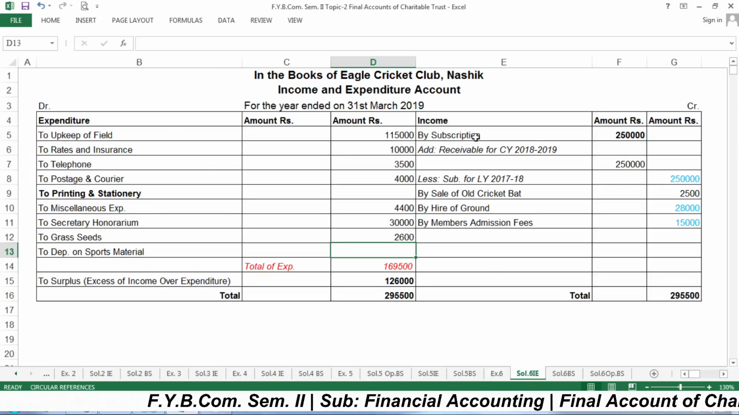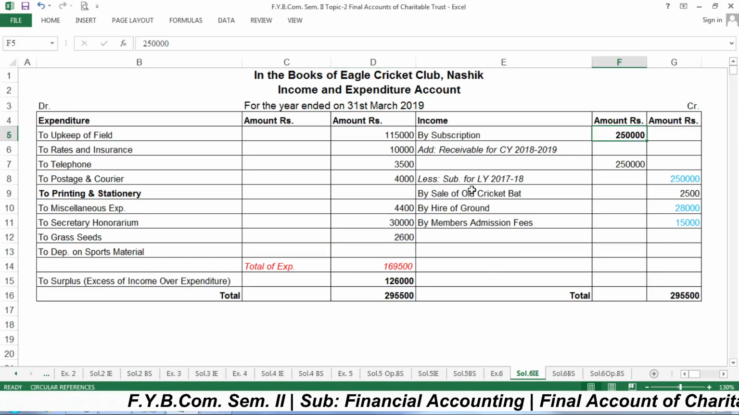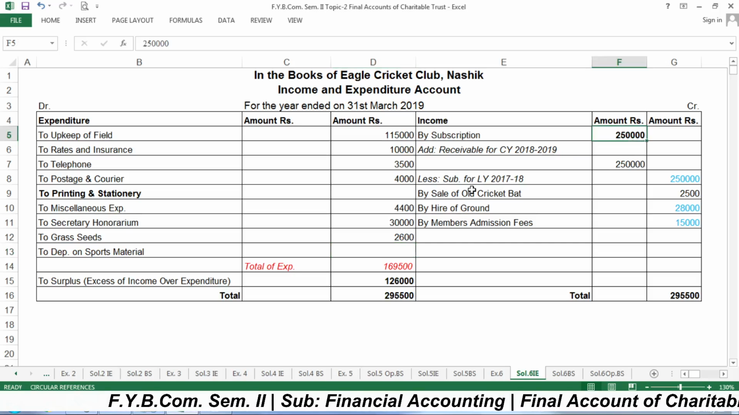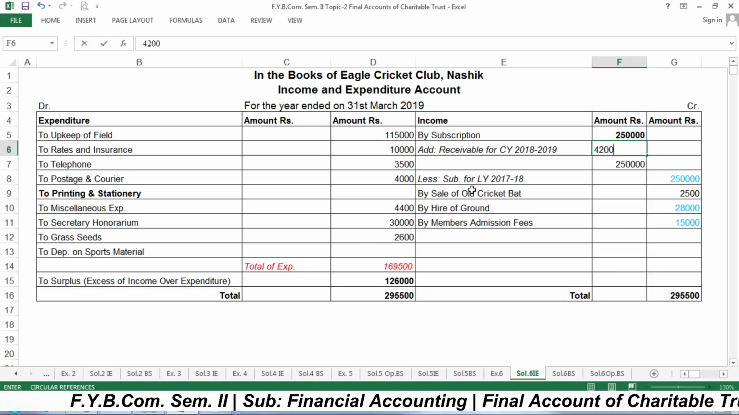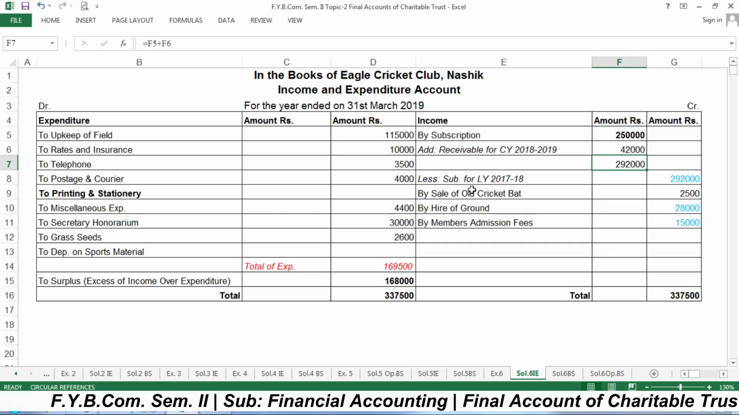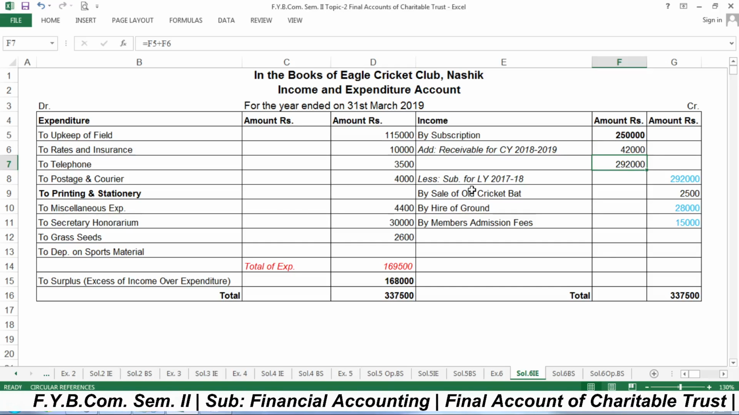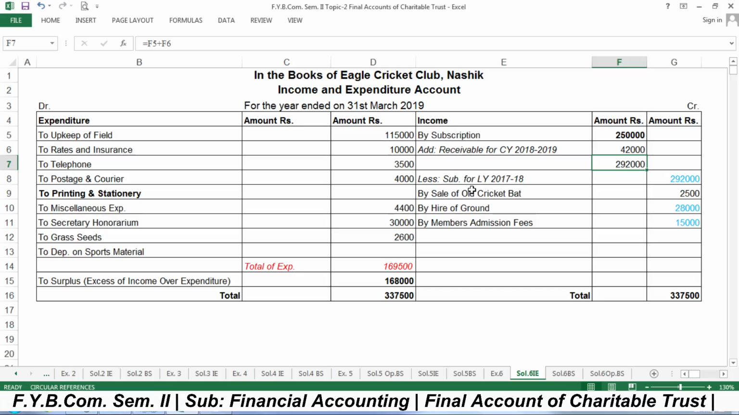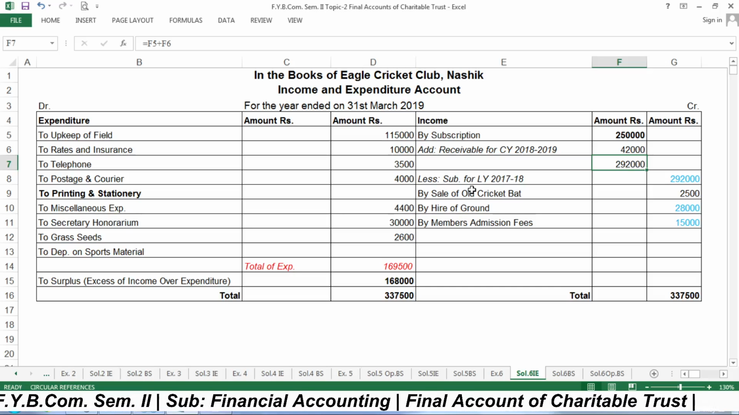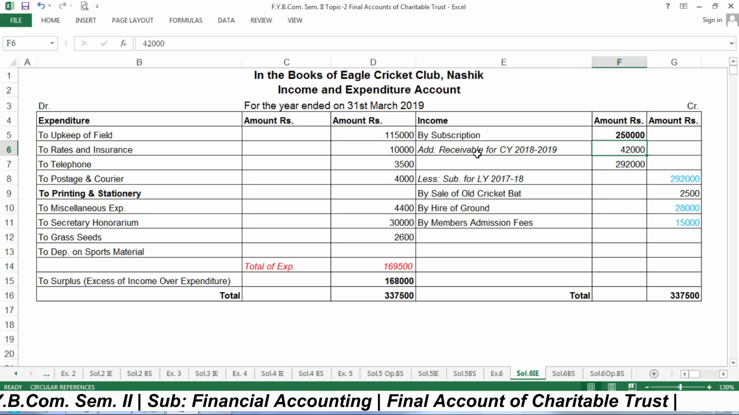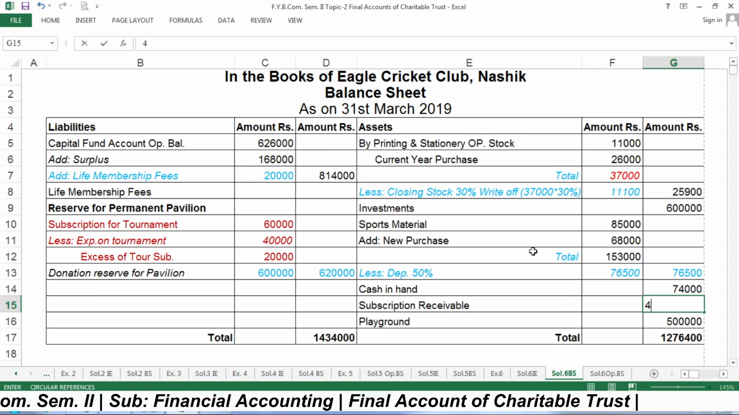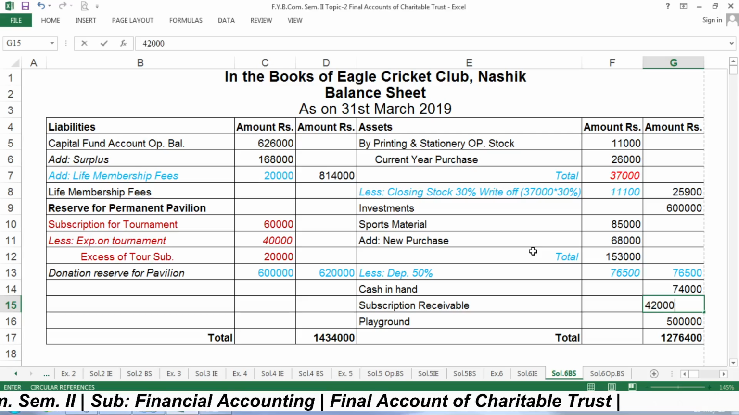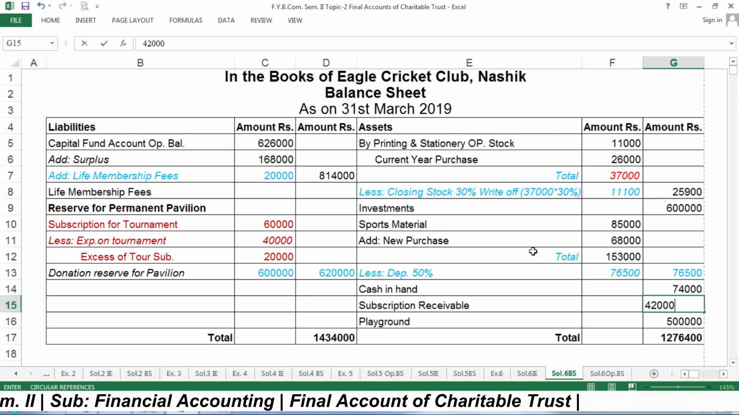In our income side, we have subscription of rupees 2,50,000. Out of this, still we have to receive rupees 42,000 as receivable. That means we have to receive 2,92,000, but we received just rupees 2,50,000. That means 42,000 is our subscription receivable or outstanding. That means still we have to receive the amount, that is 42,000. It simply means that it is our asset, so we will mention this subscription receivable on the asset side